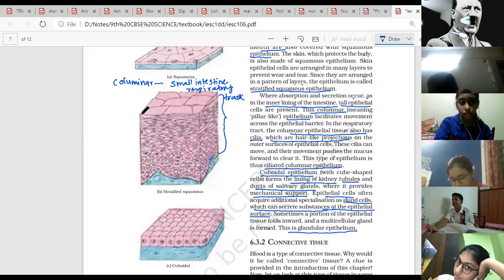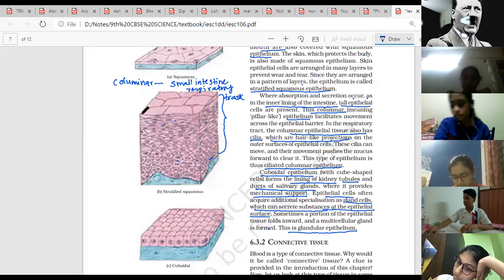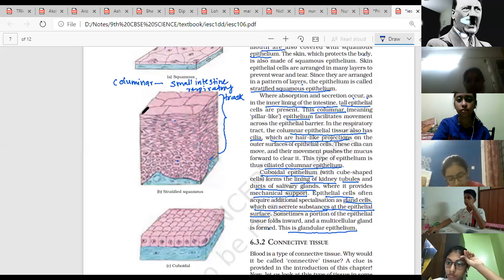It consists of RBC. What is the function of RBC? Ma'am, RBC's function is to transport oxygen. RBC consists of hemoglobin. Hemoglobin is red in color, due to that the blood is red in color. The main function of hemoglobin is to carry oxygen. So the main function of RBC is to carry oxygen.